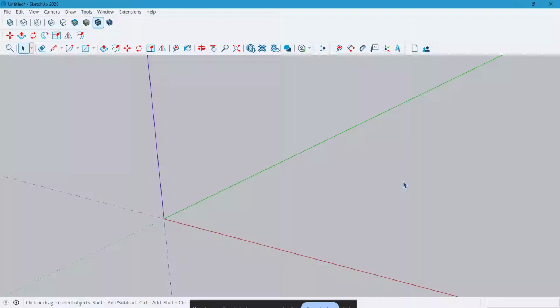In this video, I'm going to show you how to draw a perfect circle, how to make it look truly smooth, and how to adjust the segments if your circle looks a little blocky. This is a really useful SketchUp skill, especially if you want cleaner models, better looking parts, or more accurate 3D